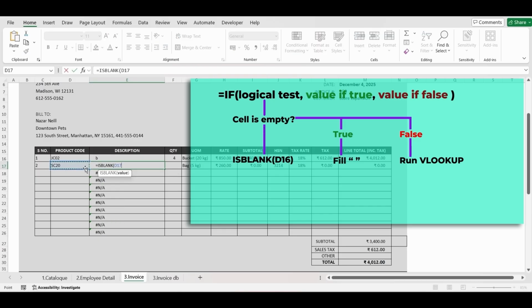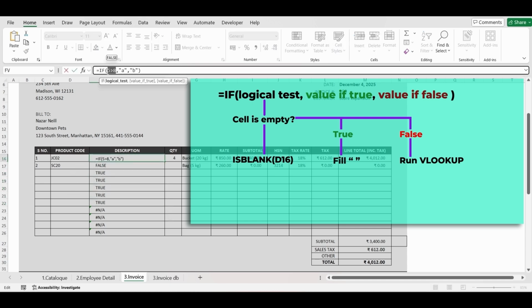Check this cell value. This comes out to be false because it's actually not blank. So if I simply drag it down, all the cells that are empty, the ISBLANK function is returning true. So by using this ISBLANK function, I can check whether a cell is empty or not.